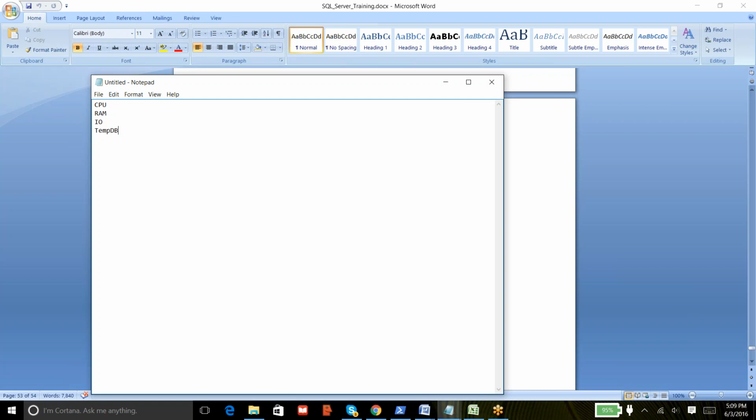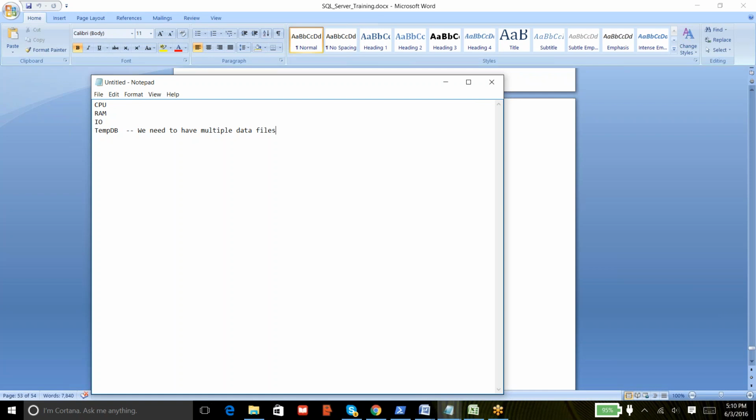So it is one more important thing that we need to configure our TempDB database in such a way that we get good IO. The best practice for TempDB from Microsoft is that we need to have multiple TempDB data files. By default, TempDB contains one MDF and one LDF, right? But having said that,